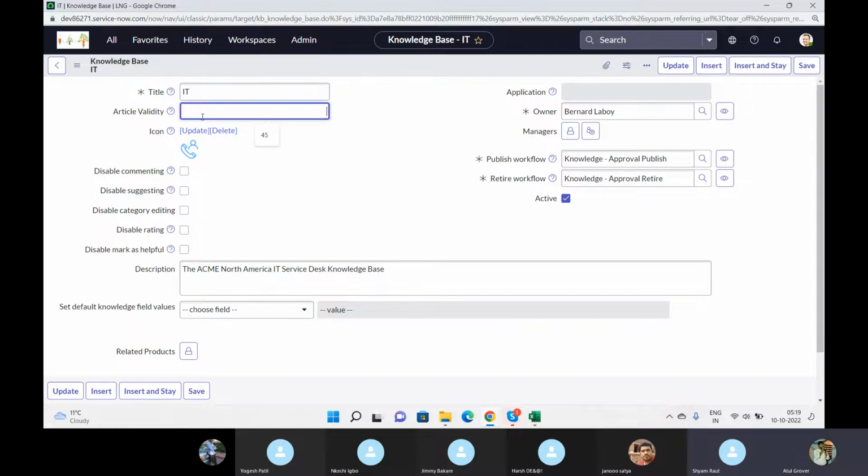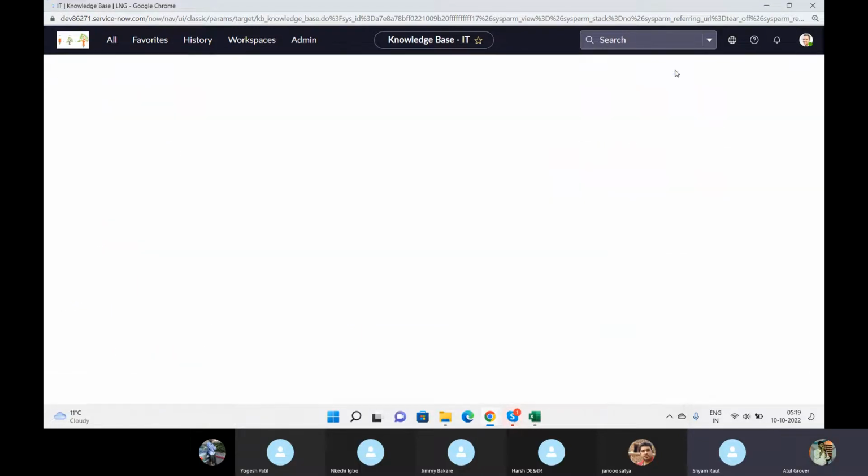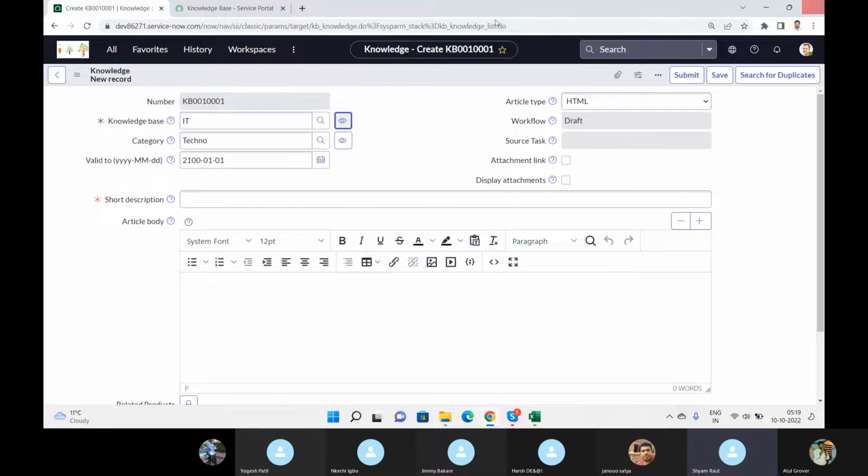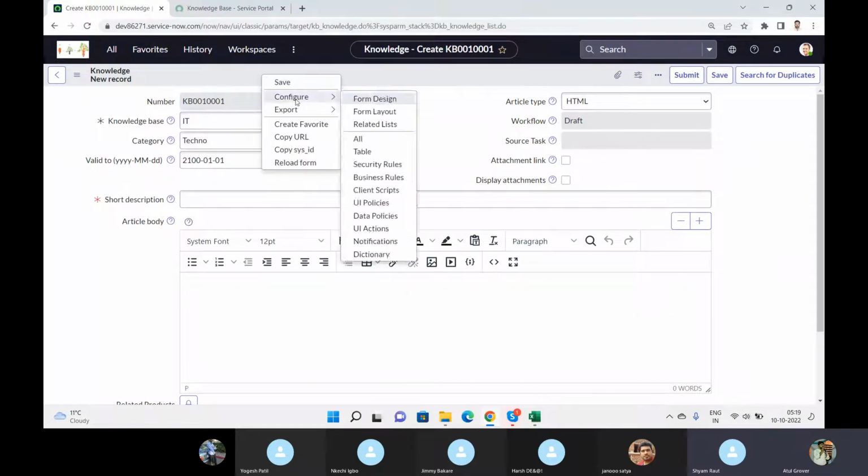Second part, if you see the article validity, it is showing as blank. If I put some date here, let's say I want to put 10, and update. And now if I close this and go back here and reload my page,